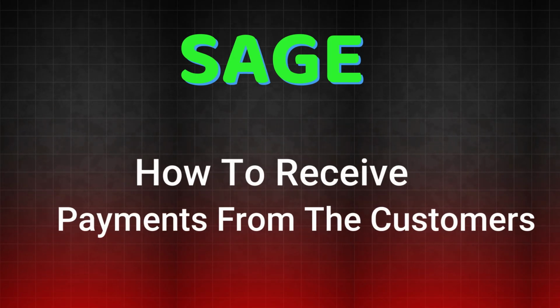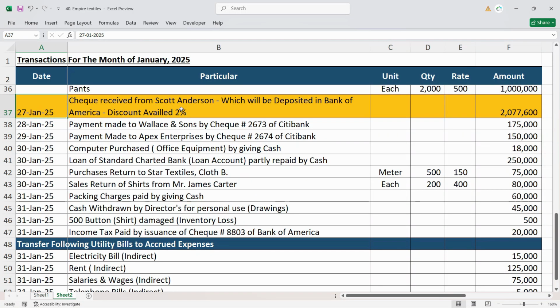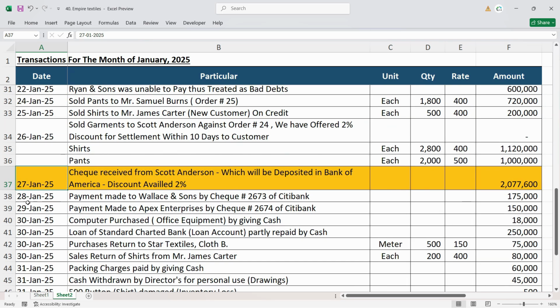In this video, we are going to see how we can receive the payment from the customers and how we can avail the discount on early settlement as well. As you can see here, on 27th of January, check received from Scott Anderson. Now, Scott Anderson is our customer from which we are receiving the money against the items that we have delivered